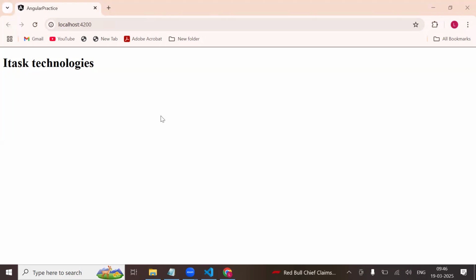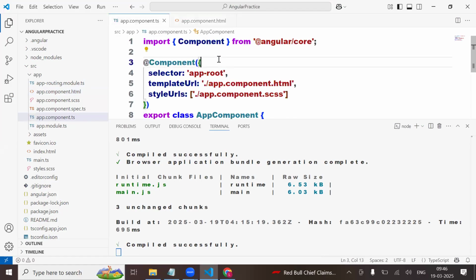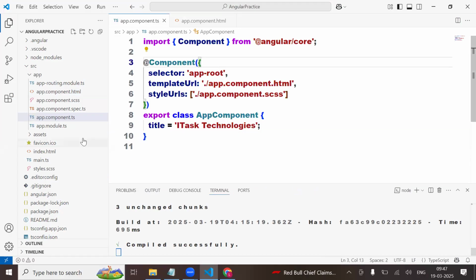Now, what is the next plan? Sir, this is hard coded or not? Yes, sir. It is hard coded. Now, I want to pass this data from this component.ts file. How to do that? Here you are having a title, right? Yes, sir. What I'm planning to do, I go here, I'm taking this variable,